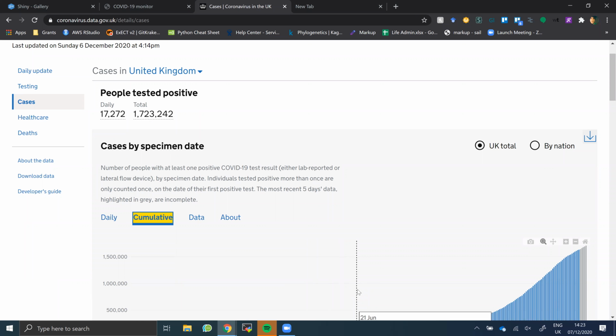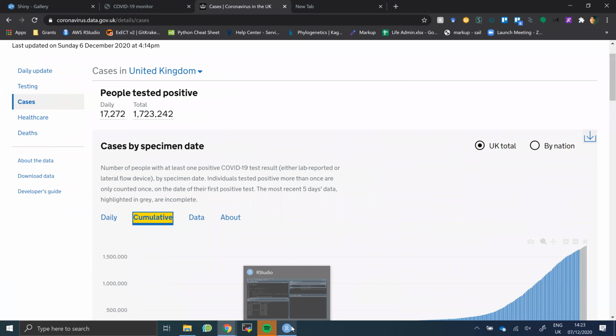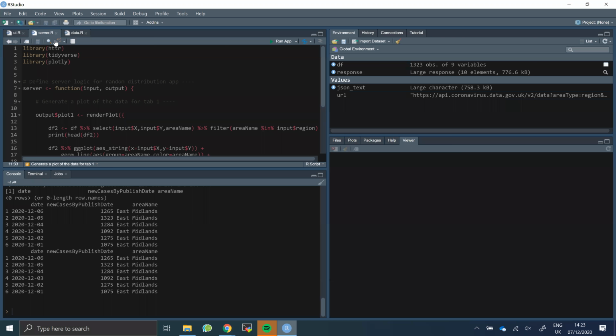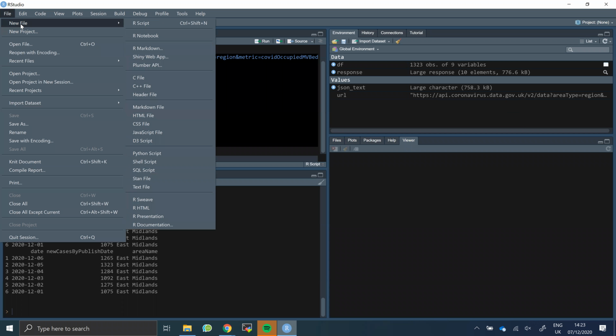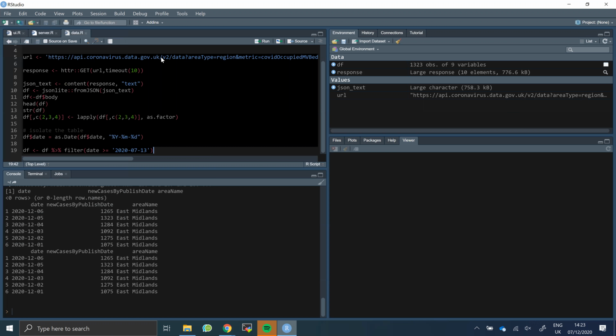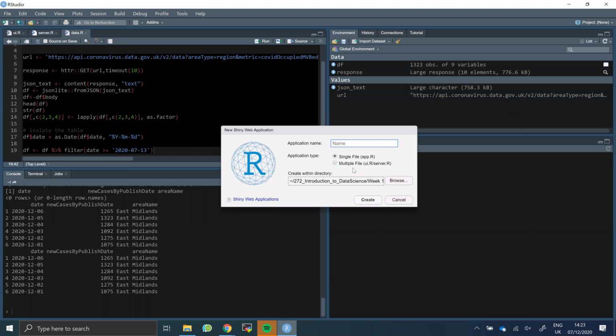So the way we do this in R, well, we're used to creating these .r files, but today we're going to create something called a Shiny file. And the way you do this is you go New File and then Shiny Web App. At this point, if you don't have Shiny installed, R will prompt you, asking would you like to install Shiny? So you can just say yes. So we'll just create a demo